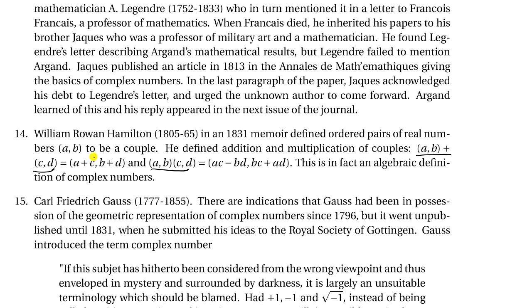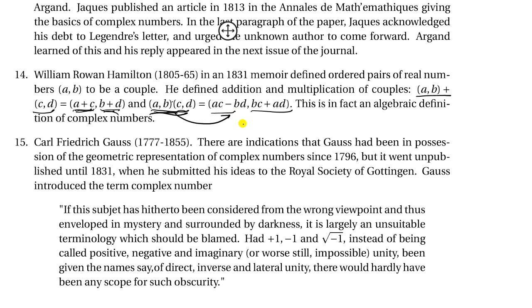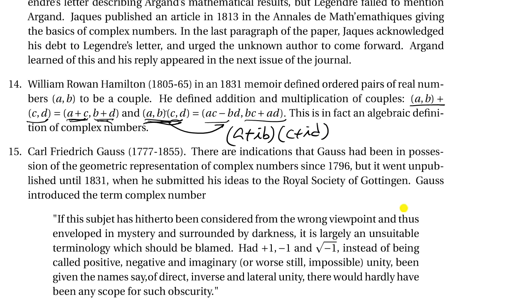So addition or subtraction is easy, coordinate by coordinate, right? So x coordinates together, y coordinates together. But for multiplication, it's a little bit complicated, right? But that's what really should happen. In this case, it's a little bit difficult to see that way. But when you look at that product, like (a, b) is a plus ib, right? And (c, d) is c plus id. So if you treat them as